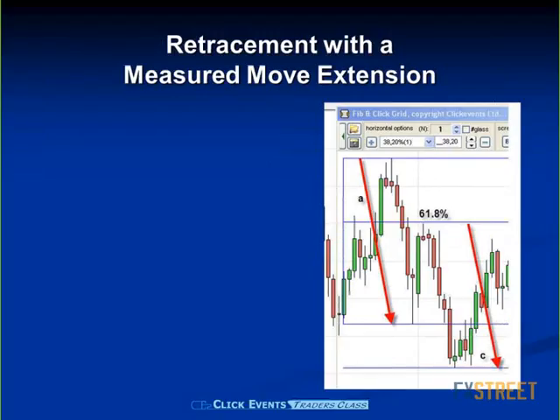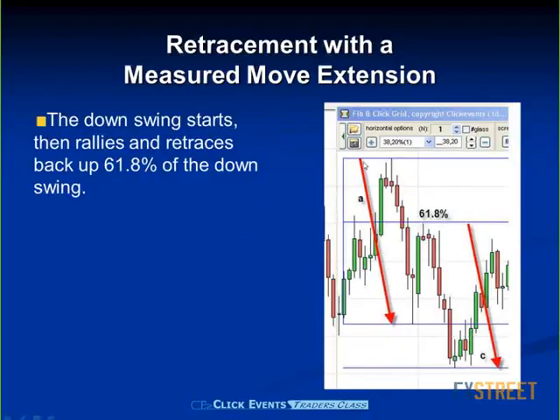Now, let's just look at another one. A little grid on here, and what we can see is that we've got a downswing. Okay, well, it started with an upswing, but then we get a downswing that swings almost all the way down to where it actually started from. We then get a bounce on up, and lo and behold, the B move after this A move down stopped at a 61.8 retracement.